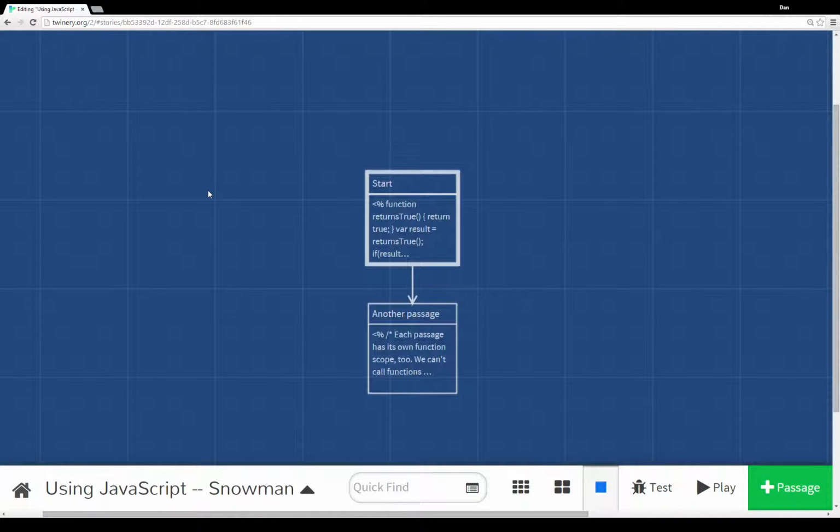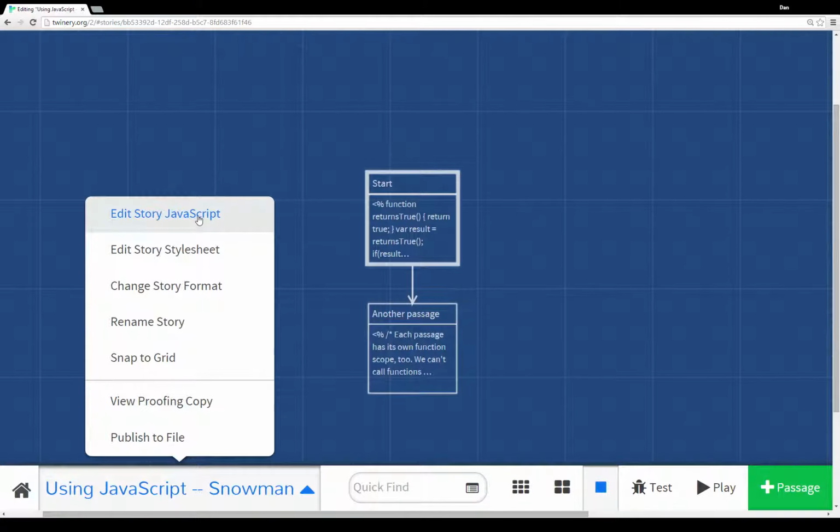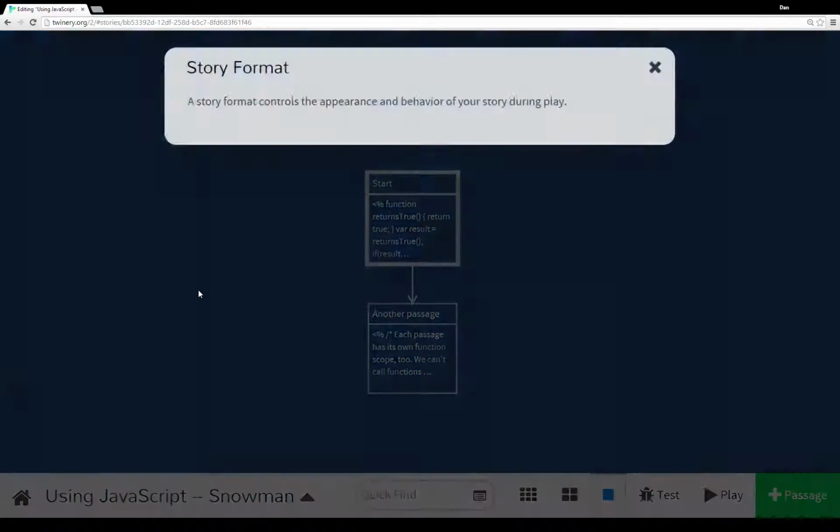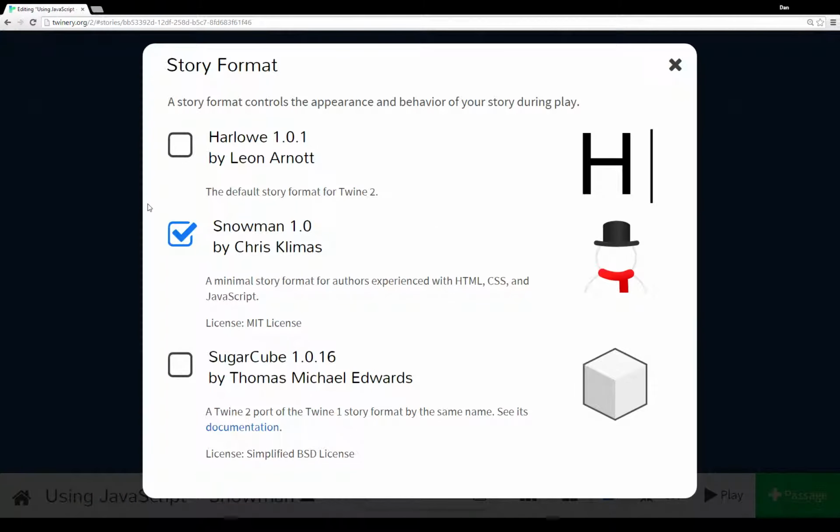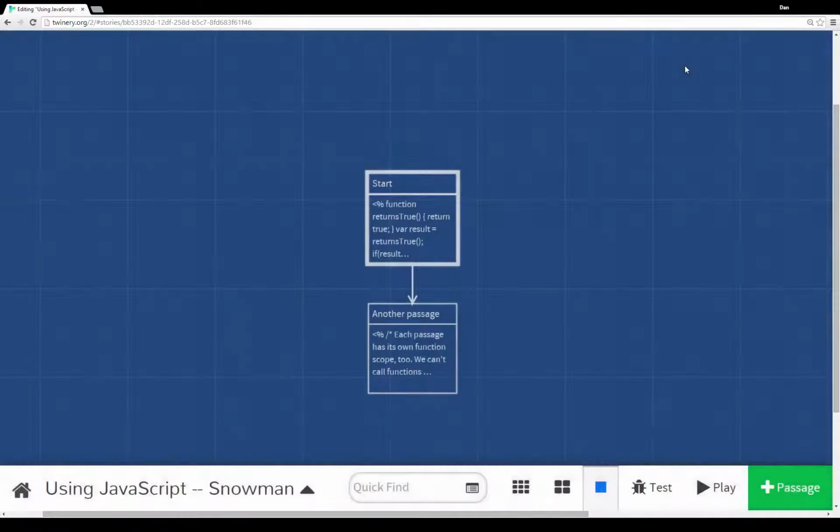So to start, let's change the story format. From the menu, we can edit JavaScript, edit the style sheet, and then of course change a story format. As of this recording, by default, Twine 2.0 uses the Harlow story format, this first one listed here. However, this video is going to cover using the Snowman story format, and it handles JavaScript and HTML in a little bit different way. So I've already selected Snowman, so I'm going to close this window